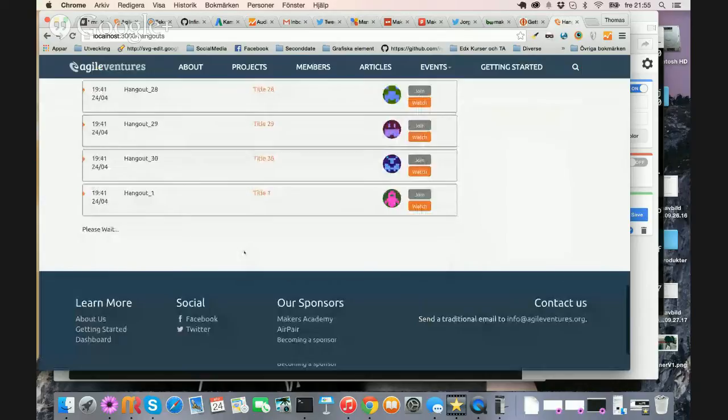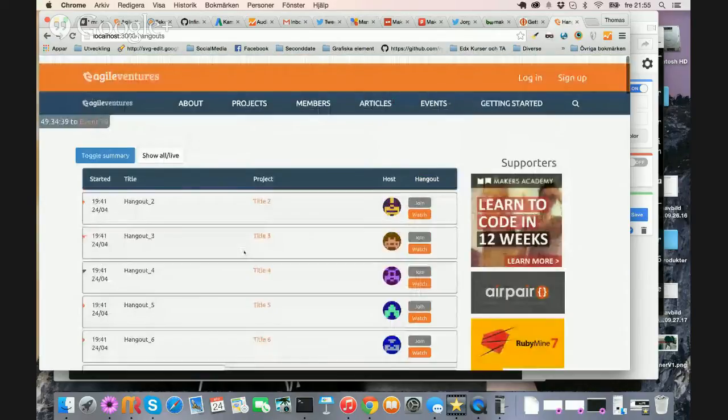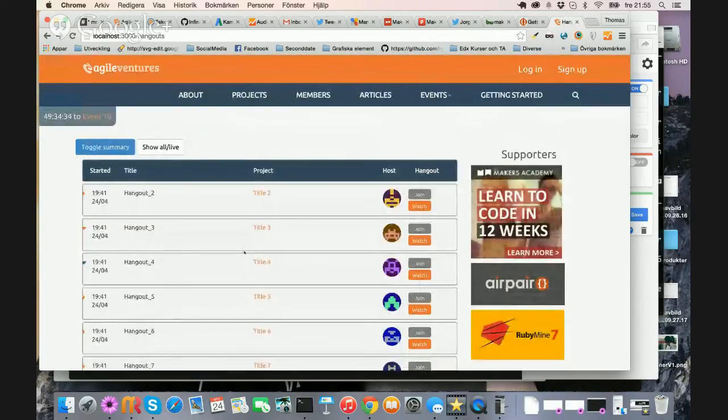You know what I can do? I can merge this in and allow you to change those things later. But I really want to have a link to this here under events. All past events or something.